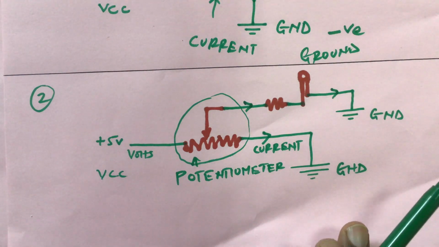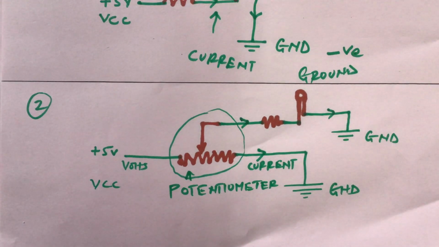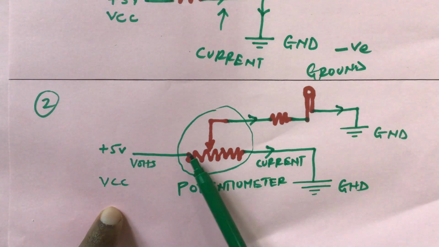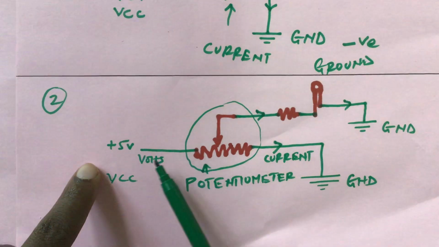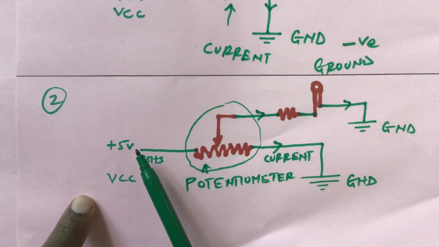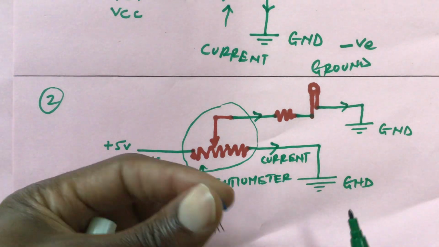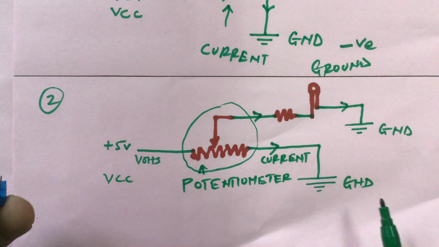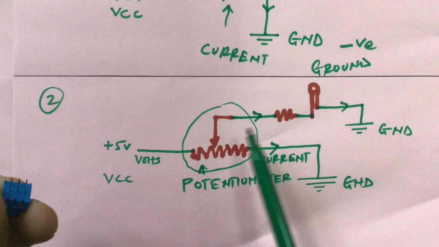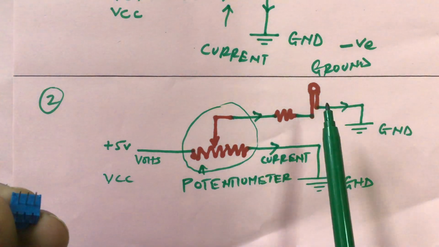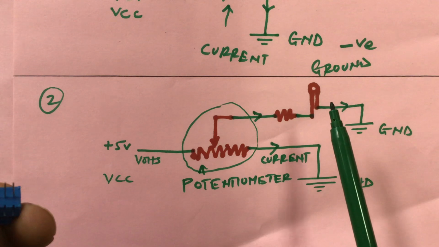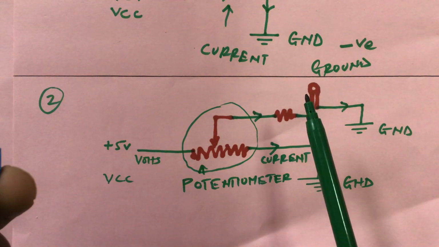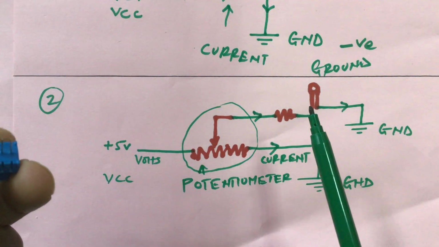So after taking you through that, just a small recap. The far ends of the potentiometer go to the polarity sides. One will go to the voltage side, the VCC, or the 5 volt side. The other far end side, you see there are 3. The one at the far end will go to the ground or GND. The one at the center is the one that is going to control the amount of current going to what we are controlling. It doesn't have to be only an LED. We can be controlling even a motor or something. If it's a motor, we might be controlling the speed. The more current we give it, the more rotations, the faster it rotates.